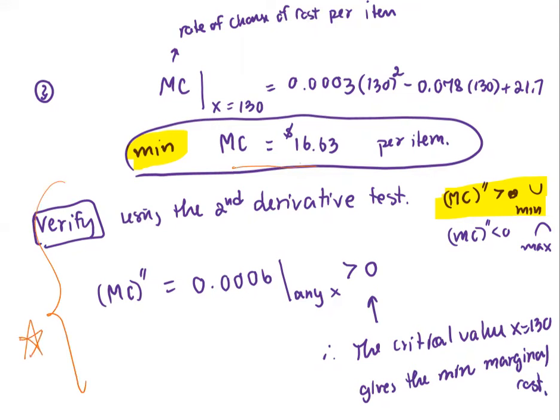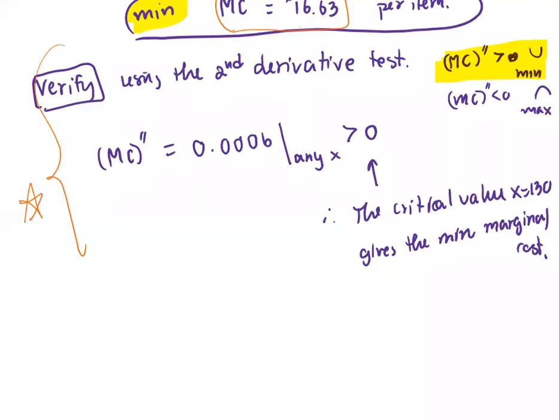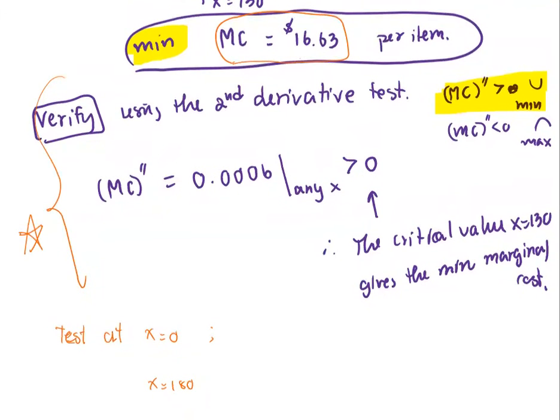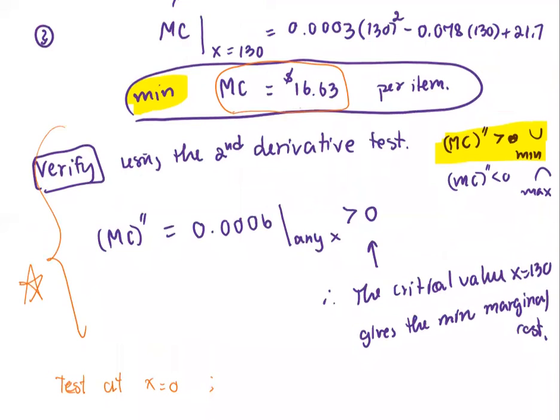And the answer that we need is 16.63. Also test at, because this is a closed interval, x equals 0 and x equals 180, just to make sure that the left and the right end will not give you a lower number than 16.63. So we go back to the marginal cost function and replace x with 0. The marginal cost at x equals 0 equals